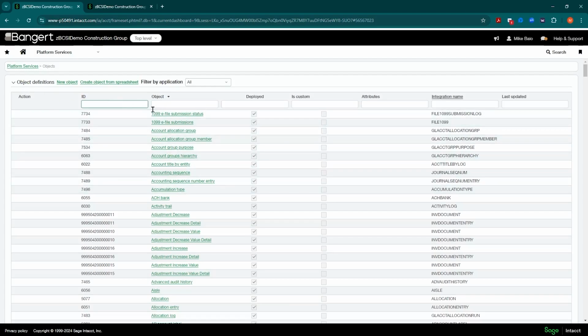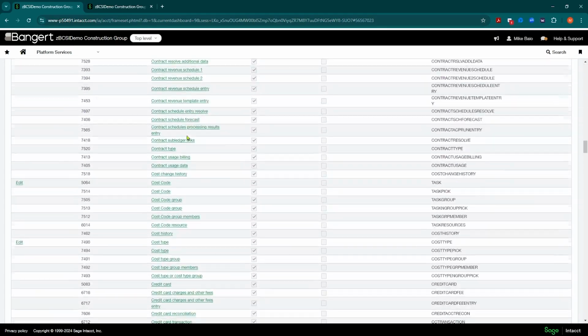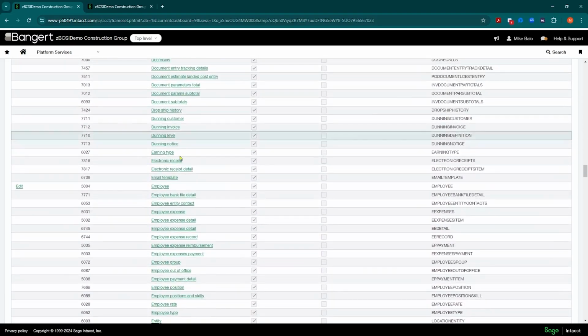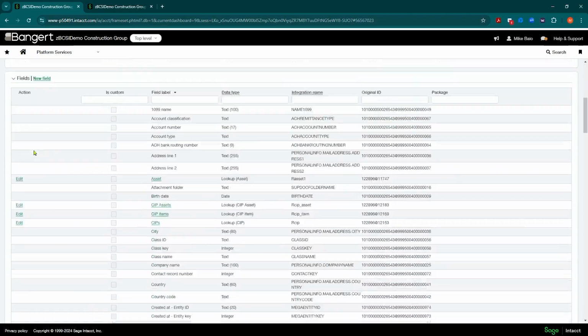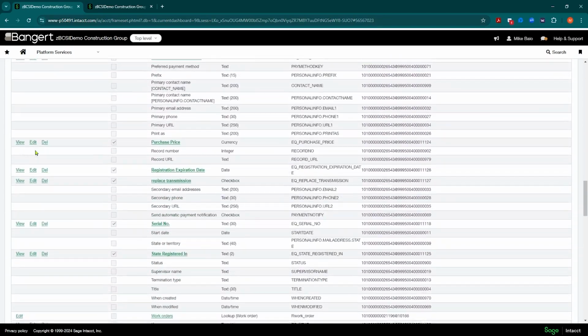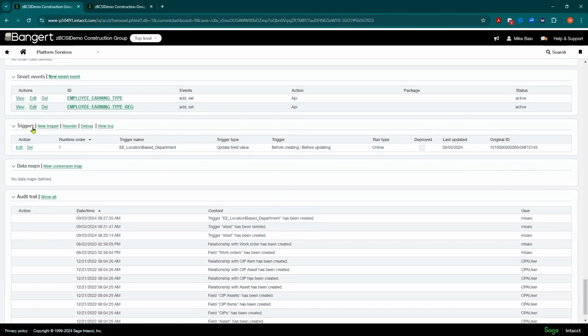We're going to go into the objects here. For example, I'm going to scroll down into the employee object. There's a bunch of different areas in the system, and we're going to show you where to look. But if I scroll down far enough, there's going to be an area for triggers. In here, you'll see triggers, and you can create a new one. I already have one set up in here. We're going to show you how to name your trigger. If we go in there and take a quick look, I'm going to click Edit.